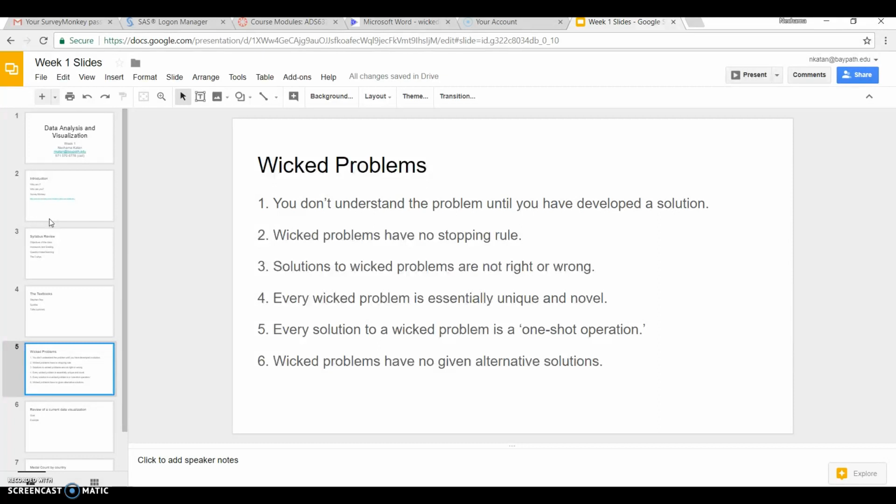So go ahead, read the wicked problem paper. I will post more on that paper once you guys have had a chance to read it. But I'm going to make the argument that most dashboards are in fact wicked problems, with possibly the exception of that they're not all one-shot operations. There are tricks that you will learn when you do dashboards, processes that you will follow. So while the solution might be a one-off, the process that you will follow to develop a good data analysis will be consistent across multiple